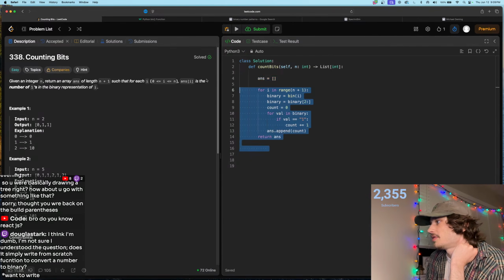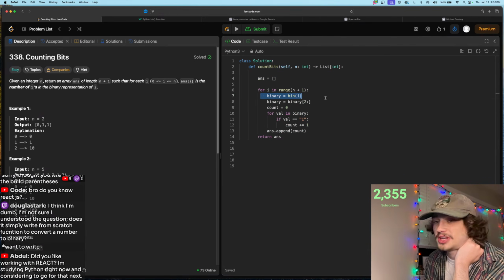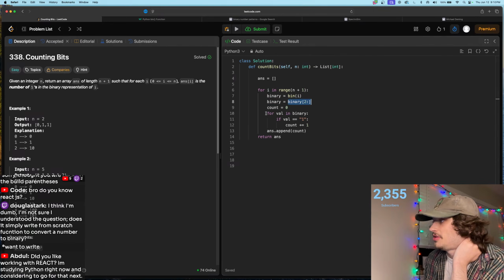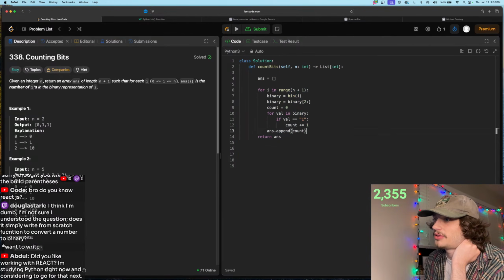So it's really easy to solve with O of n, O log n, O n log n, because all you do is just convert the number to its binary representation. You kind of slice off the first two characters, right? Which are the 0b binary representation, and then you just loop over that value and count the ones, right? But this internested loop causes the additional time to take place. So we're initially looping over n values, and then we're looping over log n values because each value gets smaller by,